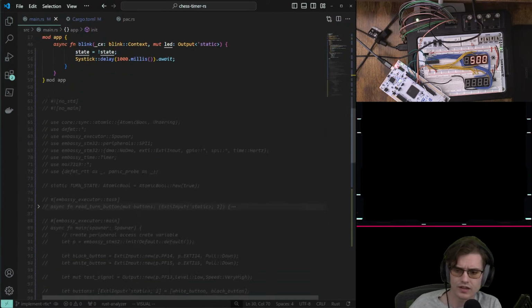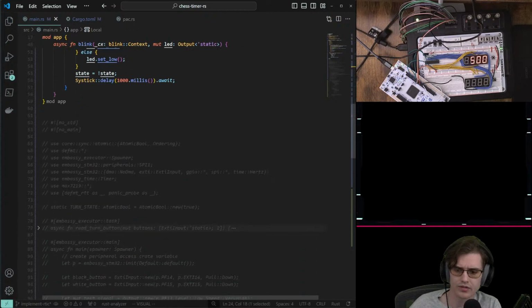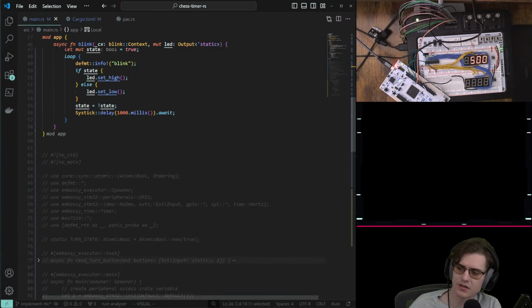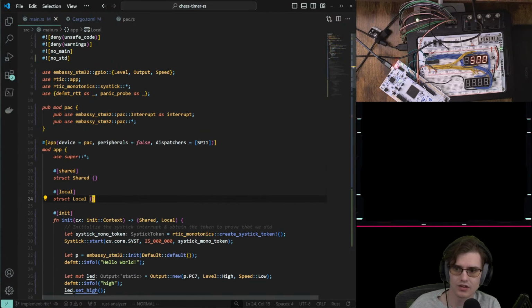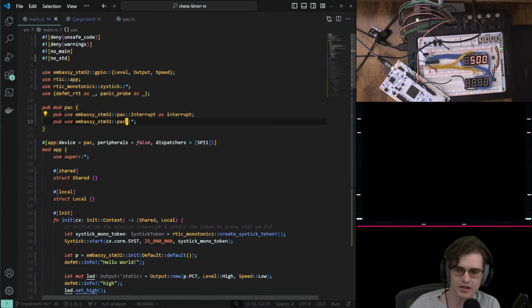Our issues of the game state though get solved because now we have this shared and local. Just gotta be careful on how I access it. But I think I can maybe get more steam or more progress implementing it this way, using real time and embassy just for the how, and maybe some of the, oh okay, specifically we're gonna need it for the pack. There's no way around that. It's the only way we can get the pack. It's the only one that exists. But the how,